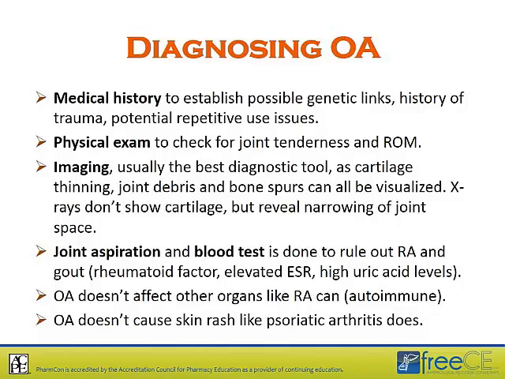OA does not affect other organs like rheumatoid arthritis does. In fact, RA is classified as an autoimmune disorder that can affect various parts of the body. And another distinguishing element of OA is that it doesn't cause skin rash or psoriasis like psoriatic arthritis does. So if a person has achy and painful joints and a skin rash like psoriasis, typically it's psoriatic arthritis and not